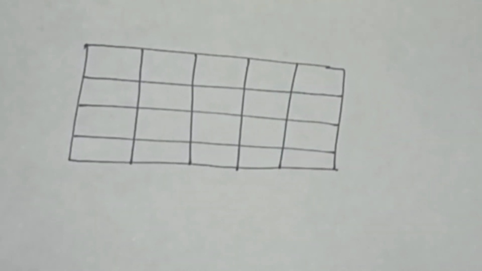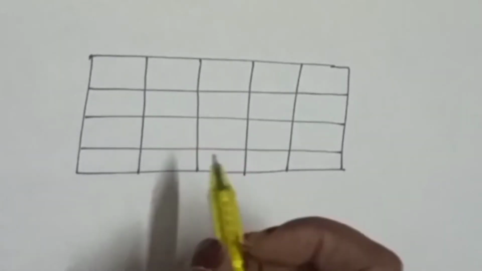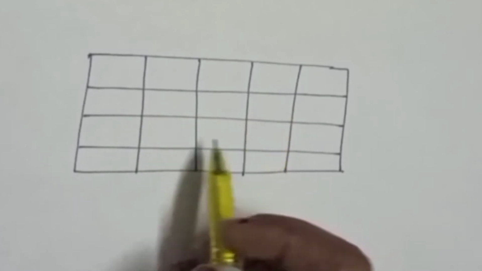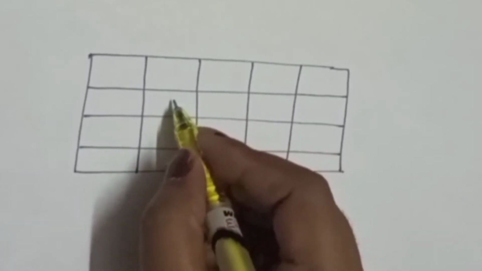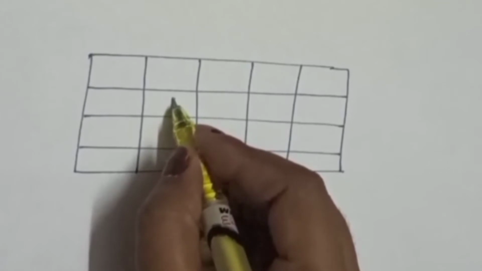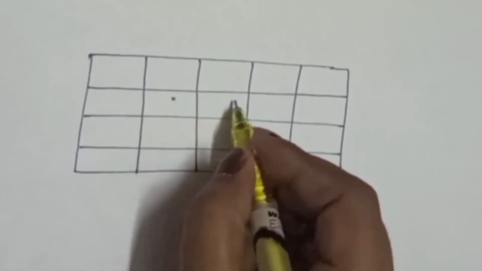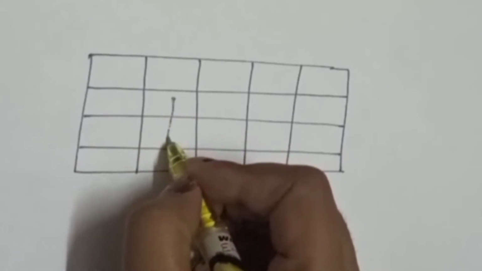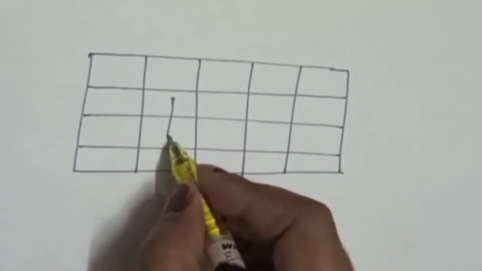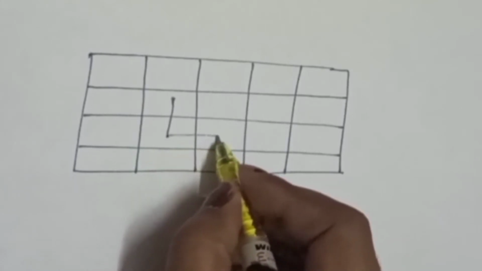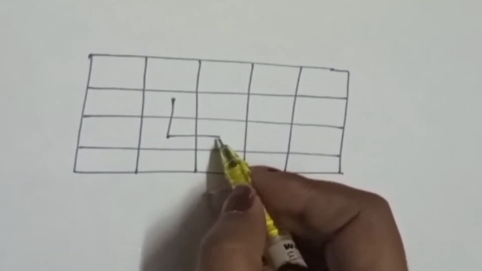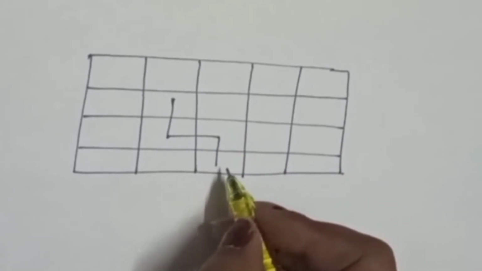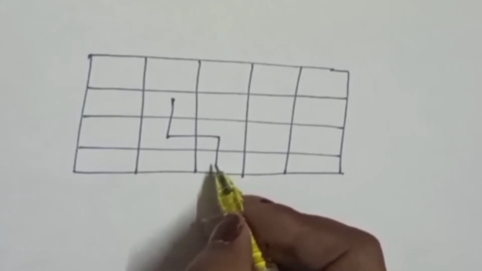Students, I will give you another example. You can see, this is our matrix pattern. You can assume our values here, and some cells are allocated cells. Suppose you have to check with this cell. If you check with this cell, you can go in this direction and you can go in this direction. If you go in this direction, you can go here and you can go here. If you go to this cell, after that you can go here. You have to remember only this thing: you can go vertically or horizontally.